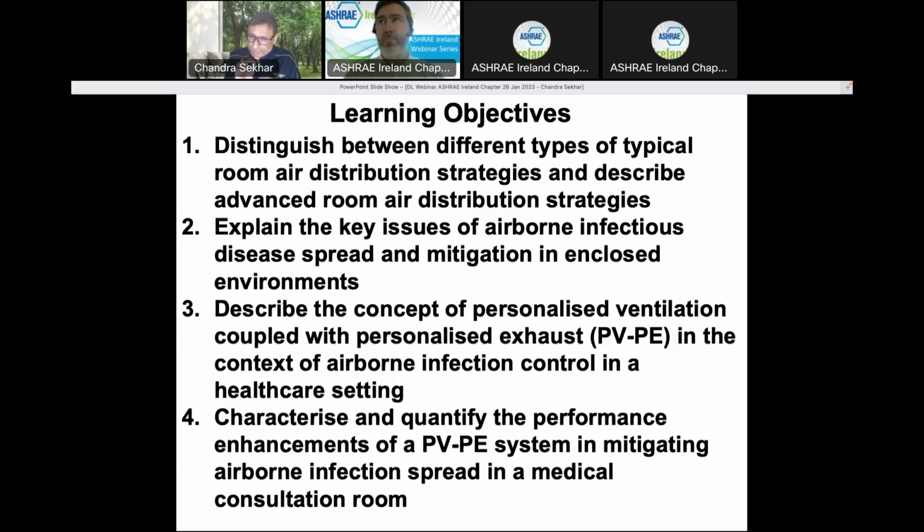So if you break it down into very simple terms, it's almost like saying, can I get clean air right up to the place where the person is? Can I extract the contaminated air right where the person is probably exhaling the contaminated air? If you spend a moment trying to understand what I just said, that is all there is to it. Source control. Can we enforce source control?